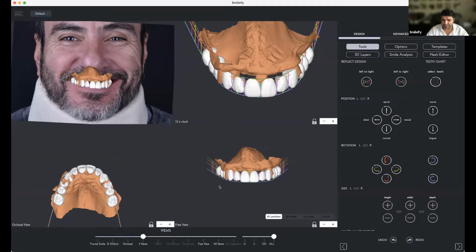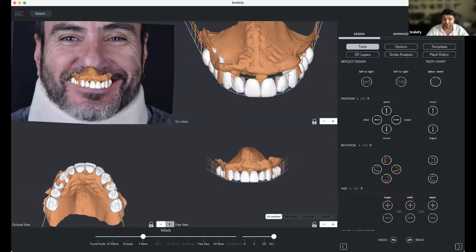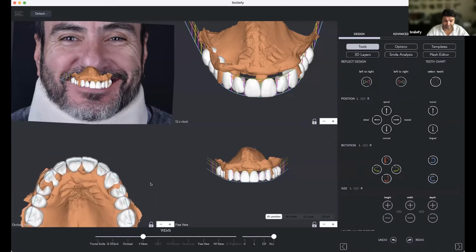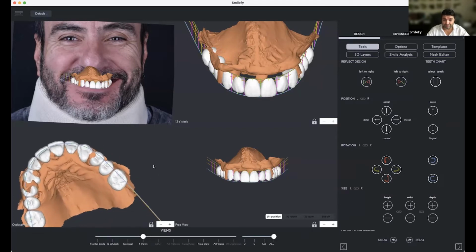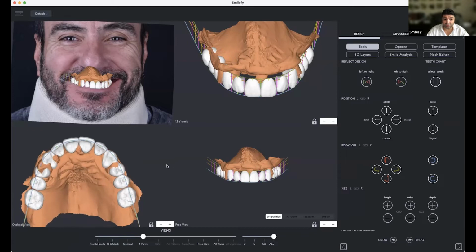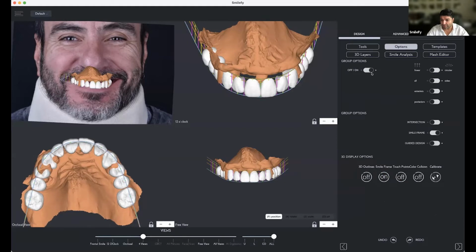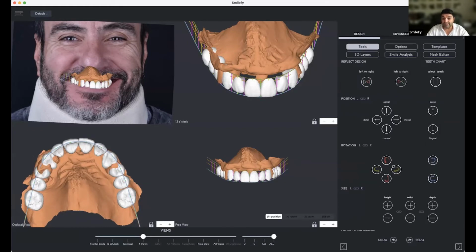That helps me now readjusting the position of everything in a way that we keep everything together. Because otherwise I need to readjust every single position of every single tooth, and it's gonna be too much. Option on, group on, smile frame on, tools. Now what I can do is the following adjustment.